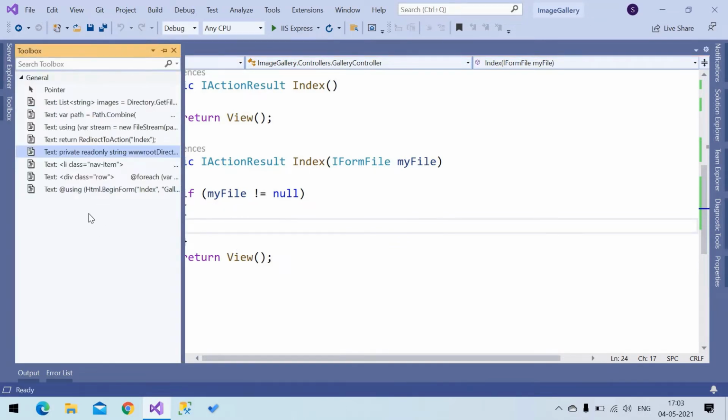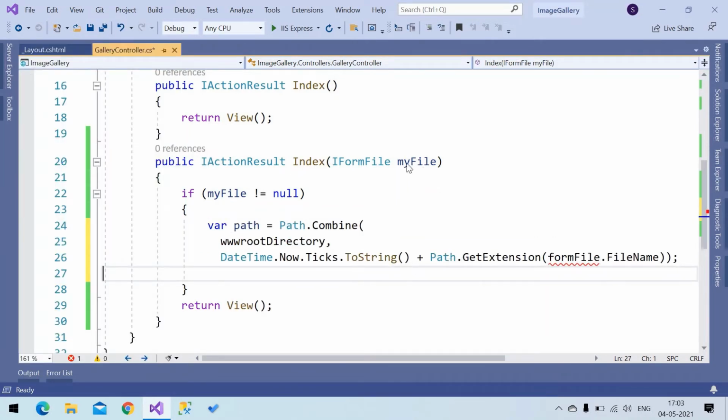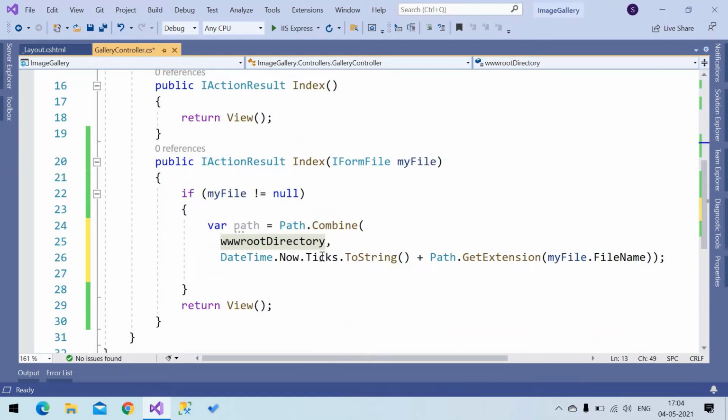So let me get the code for path creation. This is the code for file path creation. Here I'm taking the wwwroot directory, then giving a fixed file name so that we get a unique name.